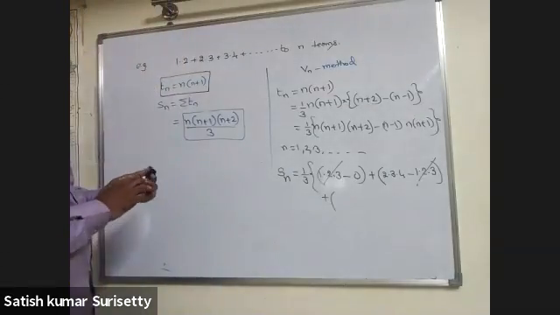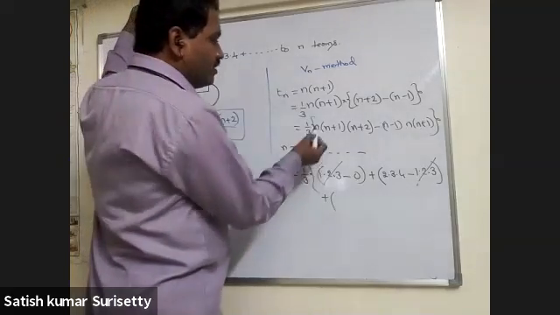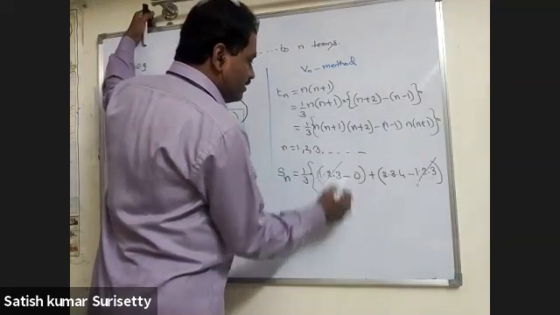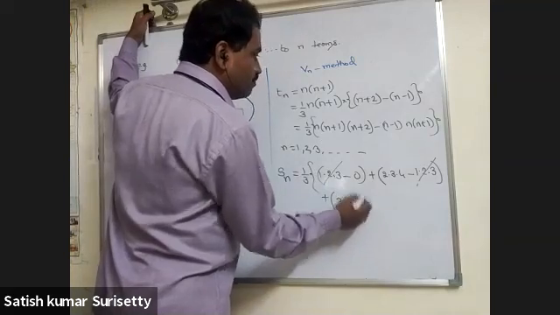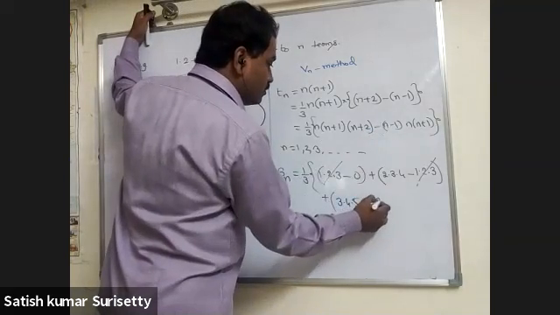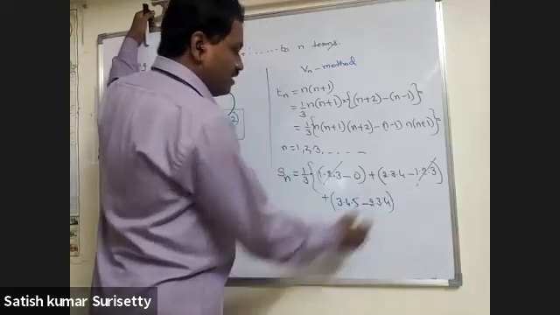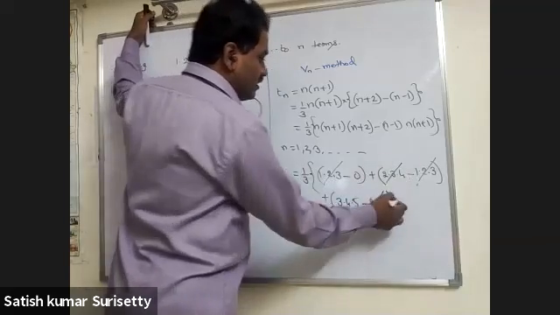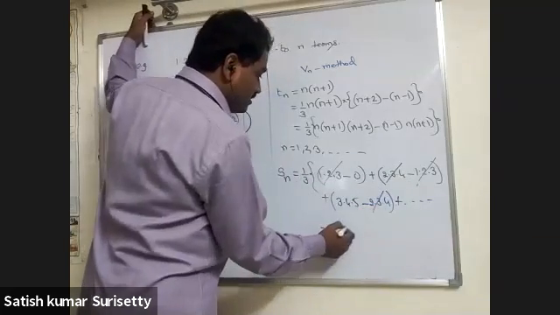Now let us write n equal to 3 also. When n equal to 3, 3 into 4 into 5 minus 2 into 3 into 4. Now 2, 3, 4 also gets cancelled. So if I go on to write all the terms till n terms,